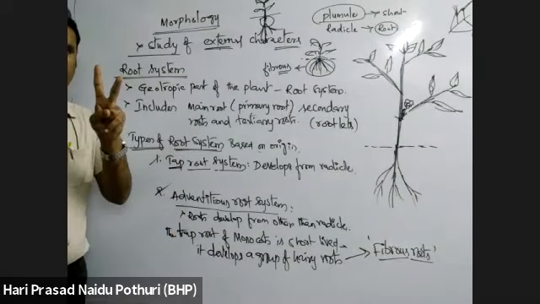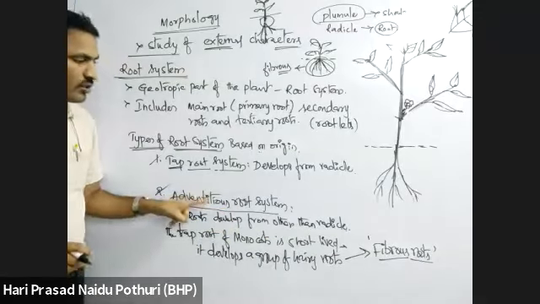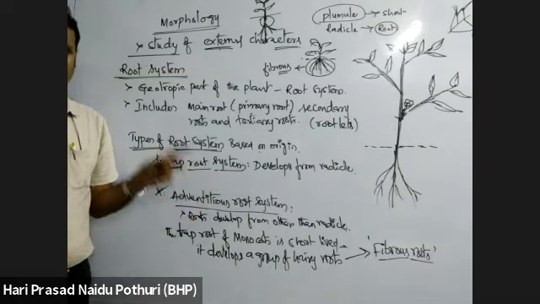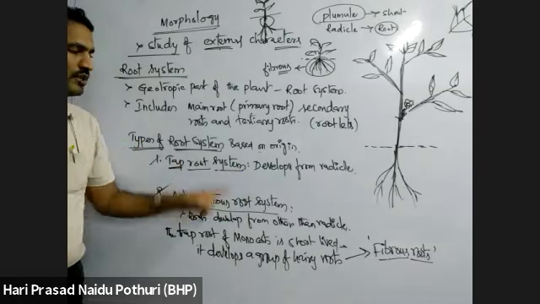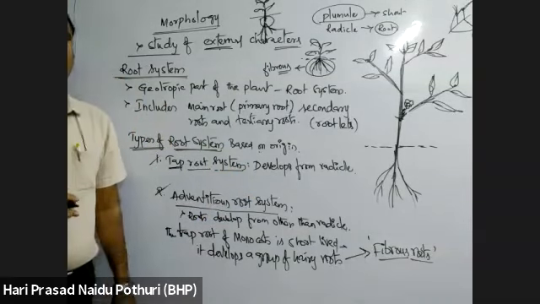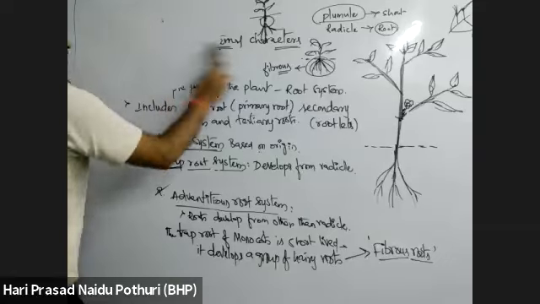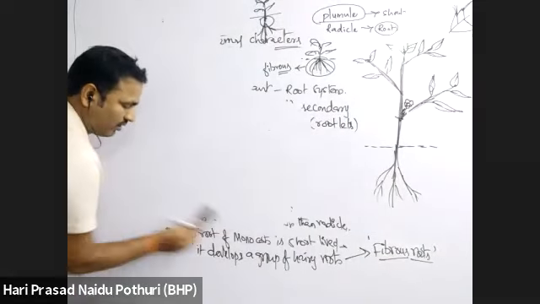Only two types. Okay, fibrous root, sometimes we may think adventitious root is also called fibrous root, that is entirely wrong. Fibrous root is where the taproot is replaced with small hairy roots, so that is called as what? Fibrous roots. Okay, these are types of root systems based on the mode of development or based on origin.